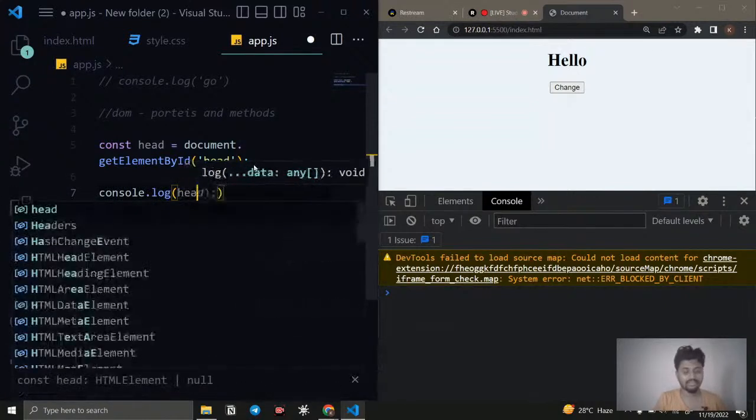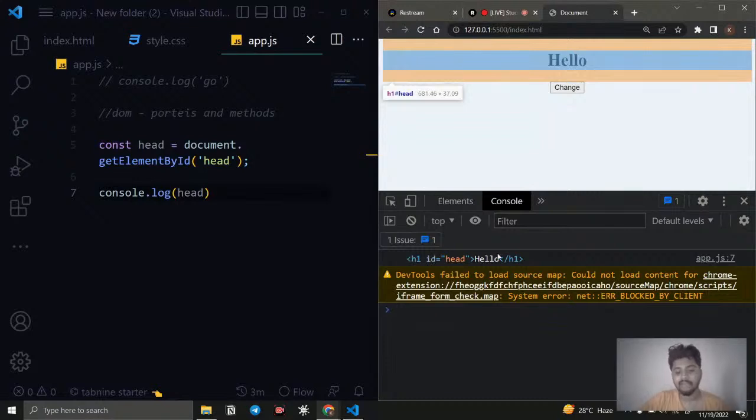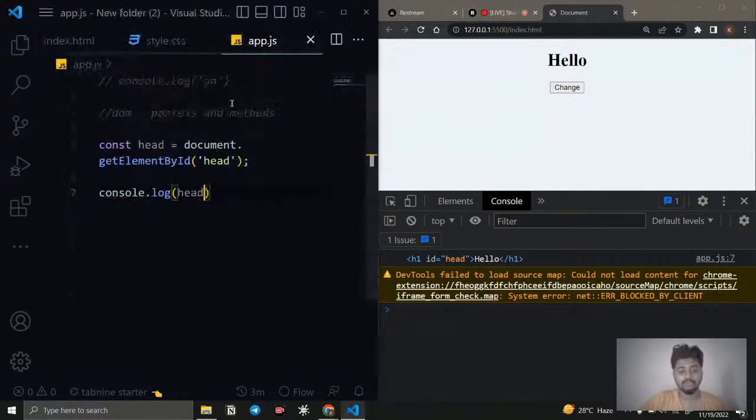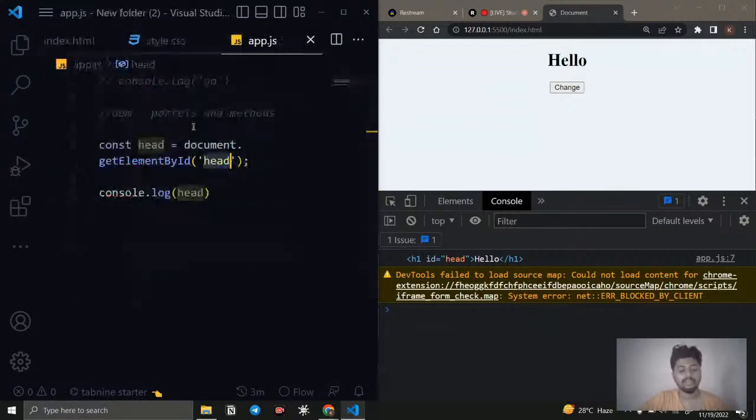I just say console.log head, and you can see the entire element is grabbed. So right now we have access to this entire element. If I use document.getElementById, it will grab the element based on its id, and we are storing it in a variable. If I log it, it will be displayed here. That's it.